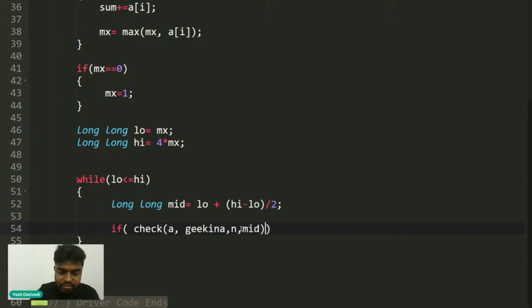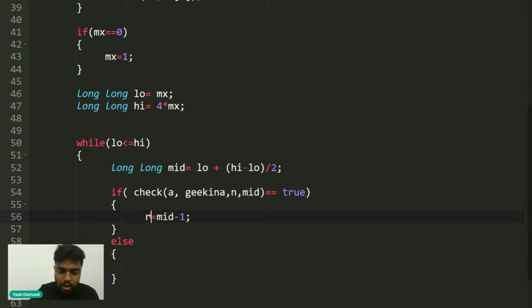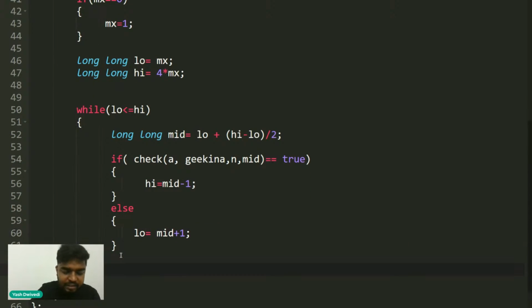If it returns true, that yes, this mid was able to satisfy, then you'll say that high is equal to mid minus 1. Otherwise you'll say that low is equal to mid plus 1. And at the end you're going to return the low value. Basically, the lowest possible value that is satisfying the criteria.